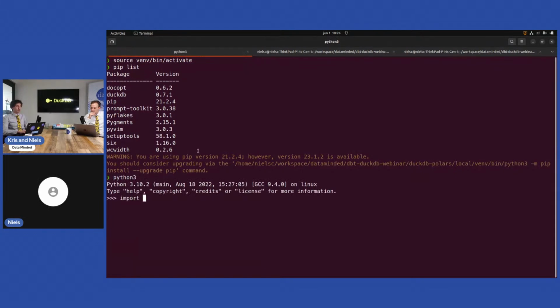I can do import duckdb. I hope you can read this. Otherwise, just give a shout. And that's basically all there is to it. Now I can start